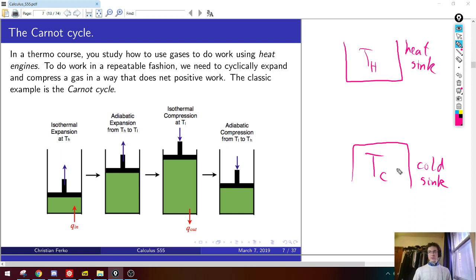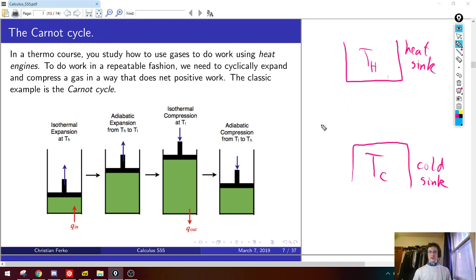Now you could ask the very natural question, is there a way for me to extract useful energy from the difference between these temperatures? In other words, can I use this temperature gradient to drive work or do some useful process, like lift a rock or move a car or whatever? That's the purpose of an engine. An engine is supposed to do useful work. And the answer is yes, and a very simple thought experiment, a simplified model basically for the way an engine which uses this heat difference would work, involves an ideal gas.